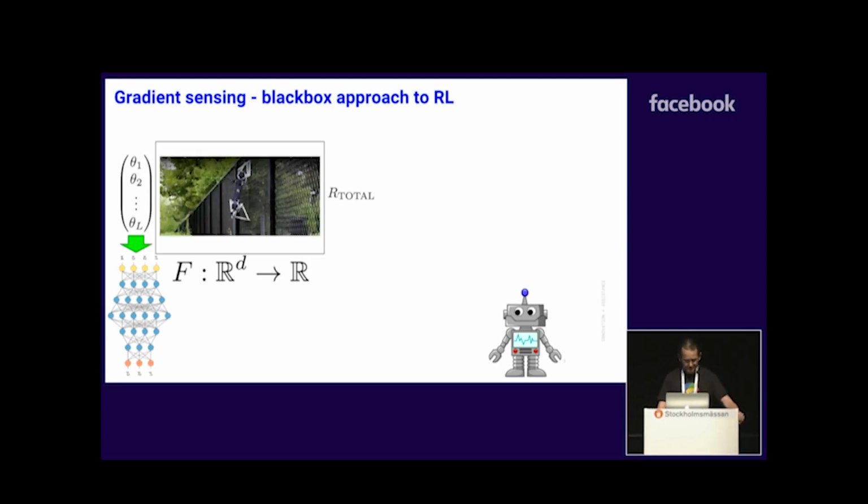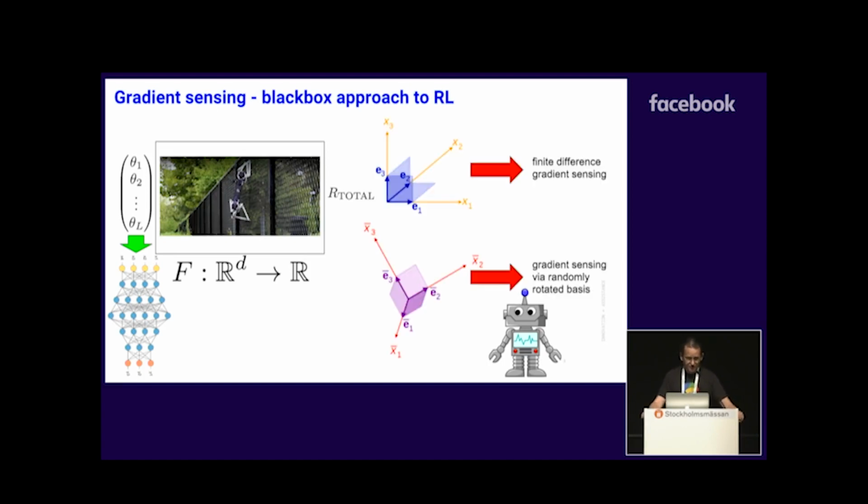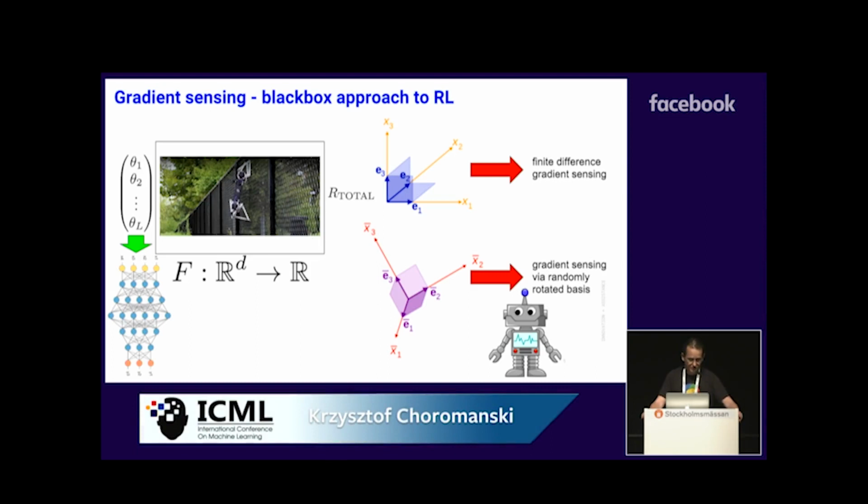If we think about it from the optimization point of view, we really want to maximize this function. The ancient way of doing this would be to just sense the gradient using the standard finite difference method. It's not very efficient because we need lots of perturbations to collect these outputs of the function, and this is a bottleneck of computations. What we come up with here is a way of doing many perturbations at the same time, and in such a way that the directions describing the perturbations are pairwise orthogonal. So this is what we call gradient sensing with a randomly rotated basis.